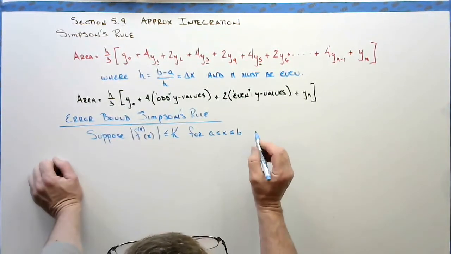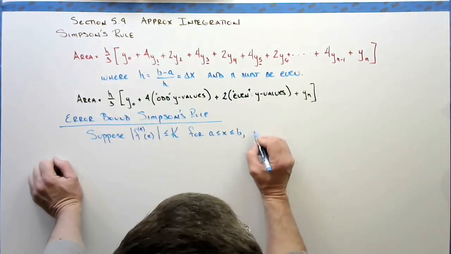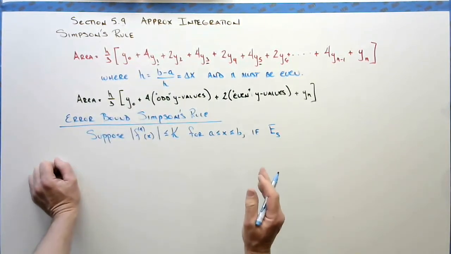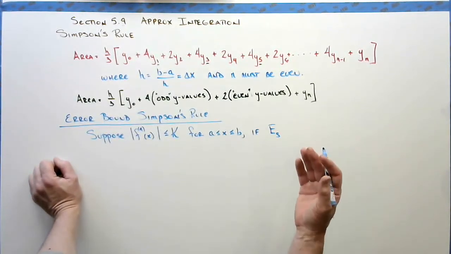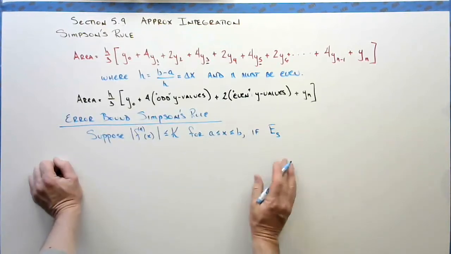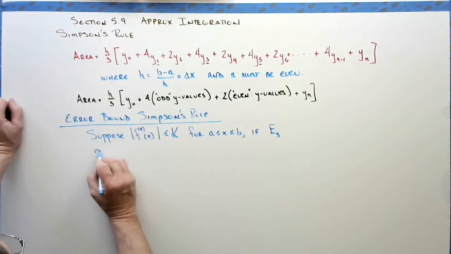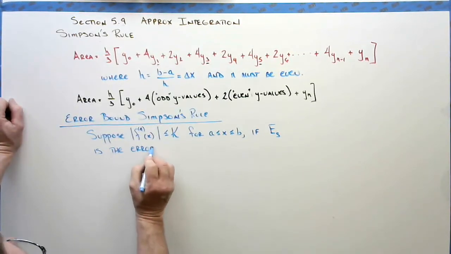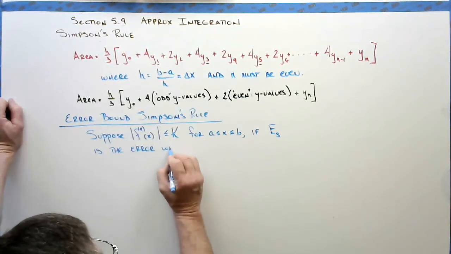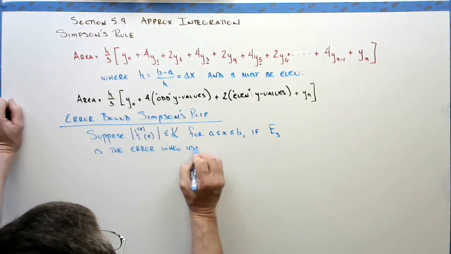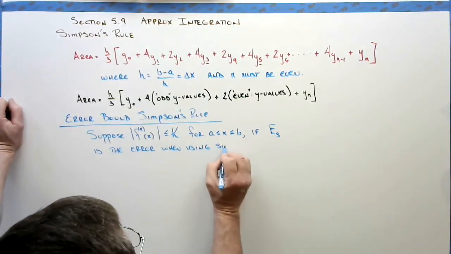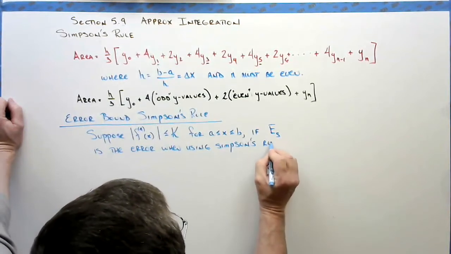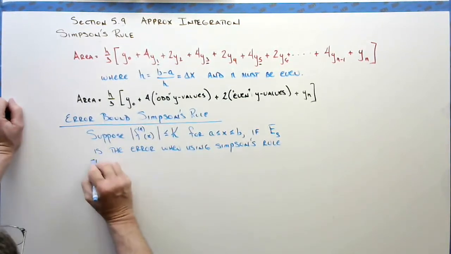And it says then that if E sub t is the error for the trapezoid rule, E sub m the error for midpoint rule, and E sub s is the error when using Simpson's rule, then